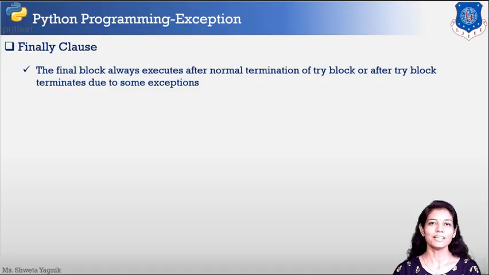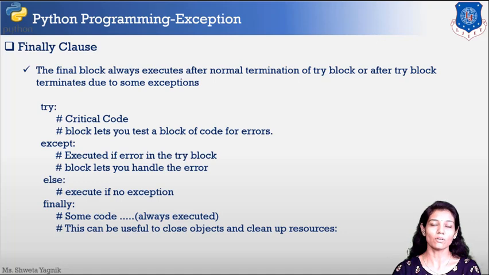Now we'll see the finally block in try and except clauses. The finally block is some part of code that is always going to get executed. You put code into the finally block which you want to be executed either in case of an exception or not having any exception. This is the syntax. After your else clause, which is also optional, you can have the finally block where you can keep your code to close some resources, which is to be executed in all the cases.